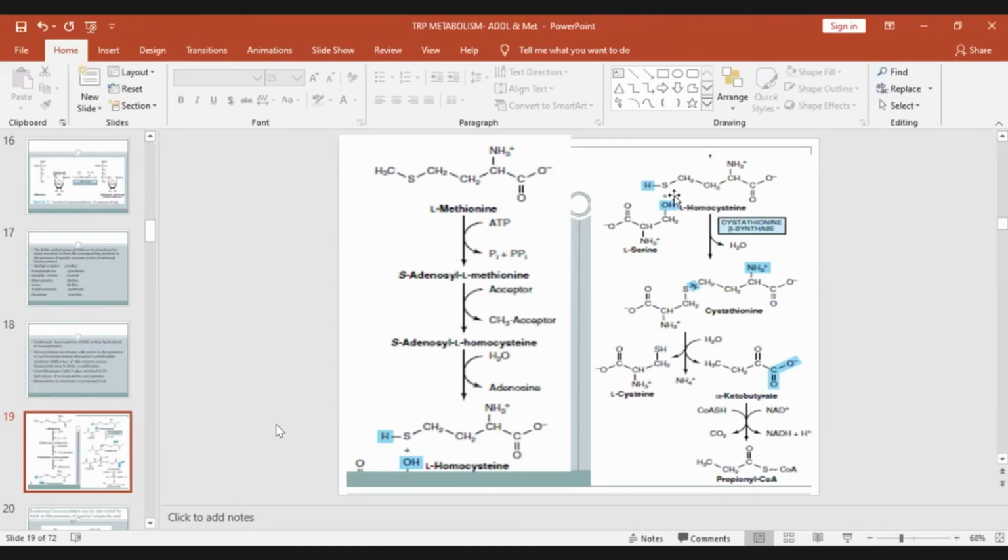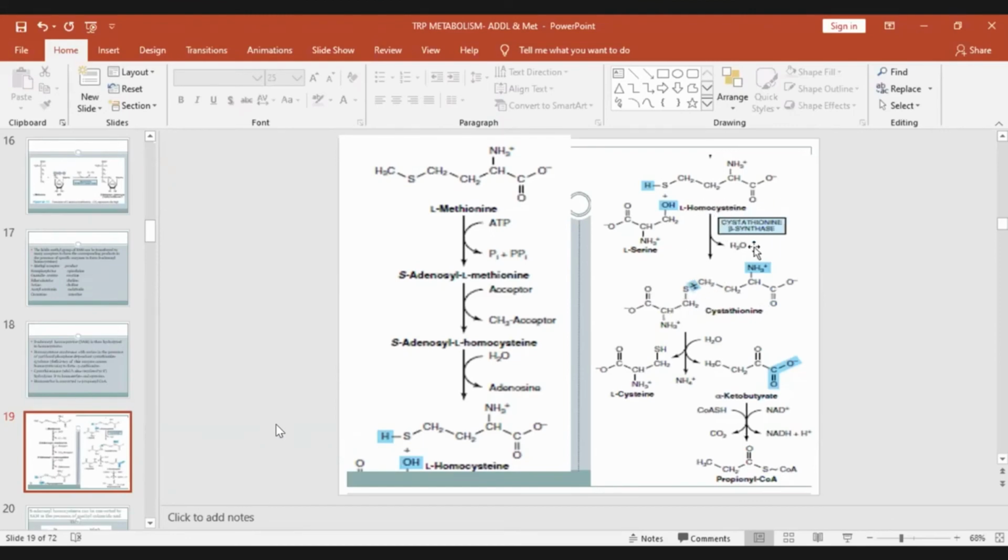So the whole molecule is incorporated into this OH group here. So it forms cystathionine. And then cystathioninase, again a pyridoxal phosphate dependent enzyme, cleaves it to cysteine and homoserine, which is converted to alpha ketobutyrate, which is then converted to propionyl CoA. So that's why this is glucogenic. So the deficiency of pyridoxal phosphate will result in cystathionuria and homocystinuria.